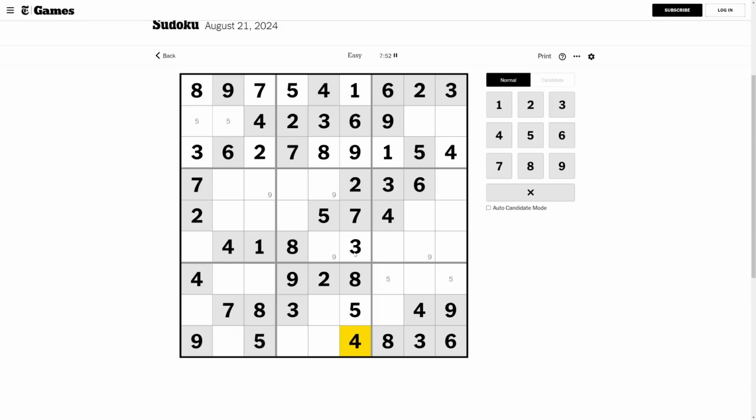1, 2, 3. 4 has to go in one of these. 5. This has to be a 6. Right? I'm still missing a 1. It could be in any of these. 2, 3. The 4